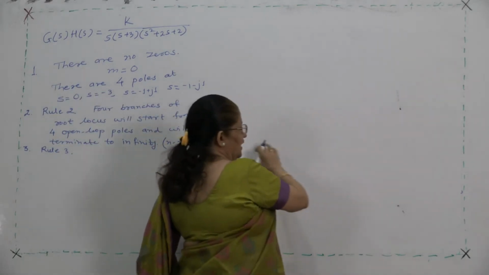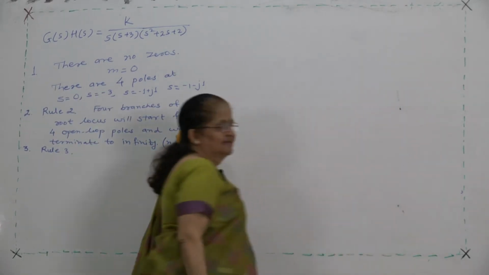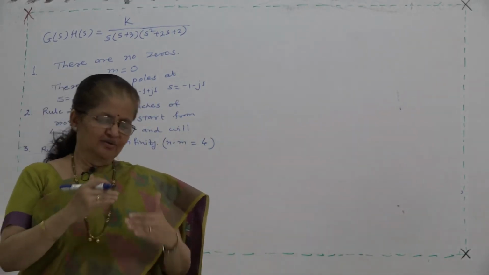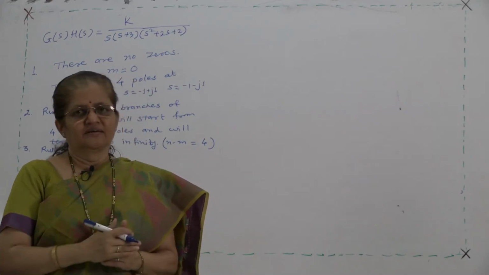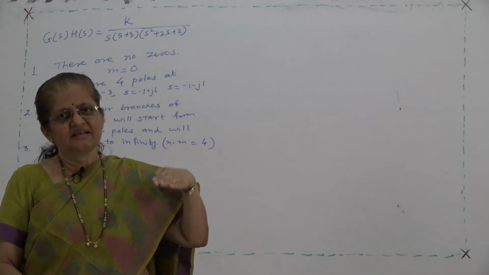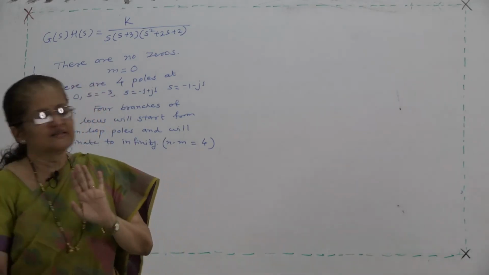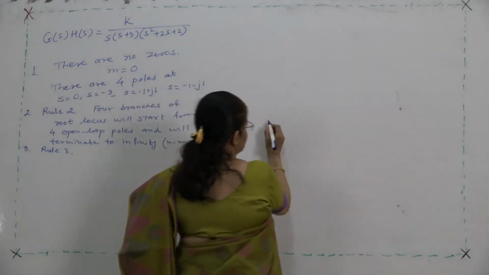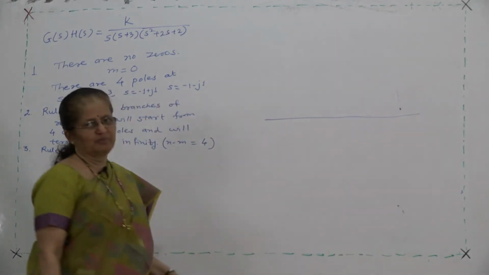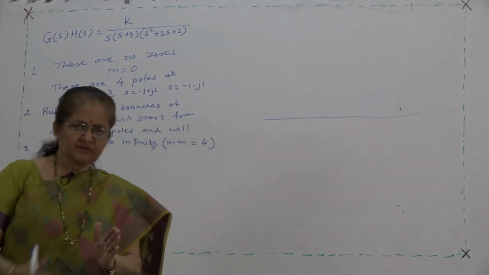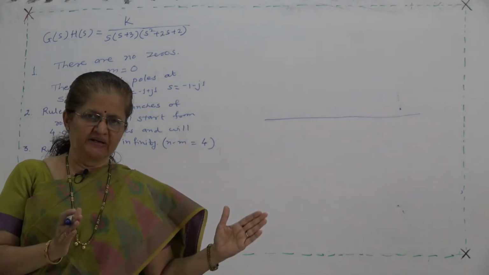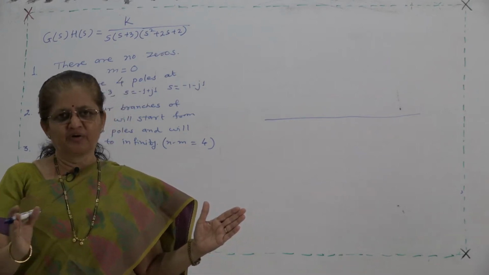How to use the graph paper, that is, how to choose the scale, is again important. See that the root locus is symmetrical about the real axis. What is the meaning of this? You have to select the x axis at the center of the graph paper, that is the first case. So, we have to consider the real axis or x axis as the center of the graph paper. Now, which part of the S plane do we want to concentrate on? Left half of S plane. So, the right half of S plane is not important for us.